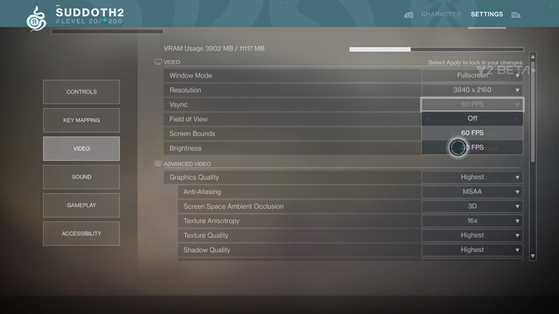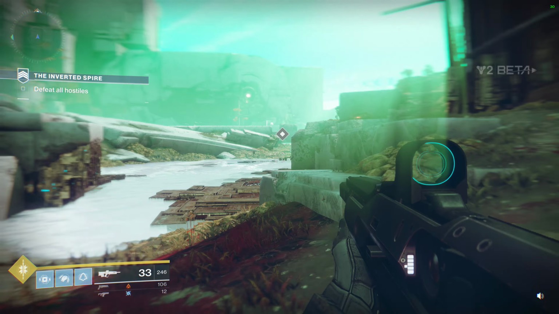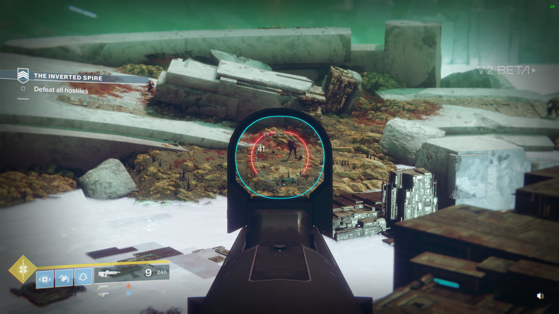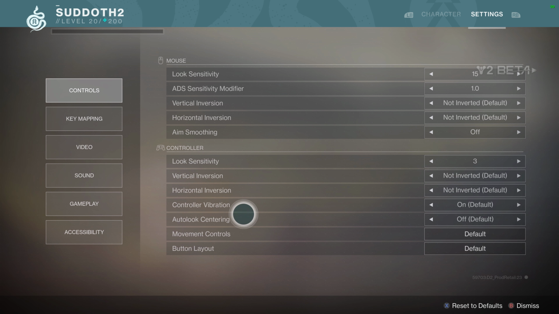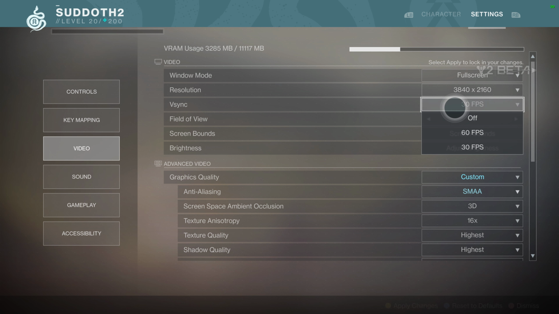I guess I'll change this down to 30 frames to see if that fixes anything. But even so, it's a little bit smoother. It just definitely feels pretty rough at 30 frames per second in 4K with the highest settings. Now, the good news is that you can adjust this pretty easily. And I think the cause of the issue is this setting right here, the MSAA. If you drop that down to SMAA and everything else is still in the highest, and you put this back up to 60 or off,